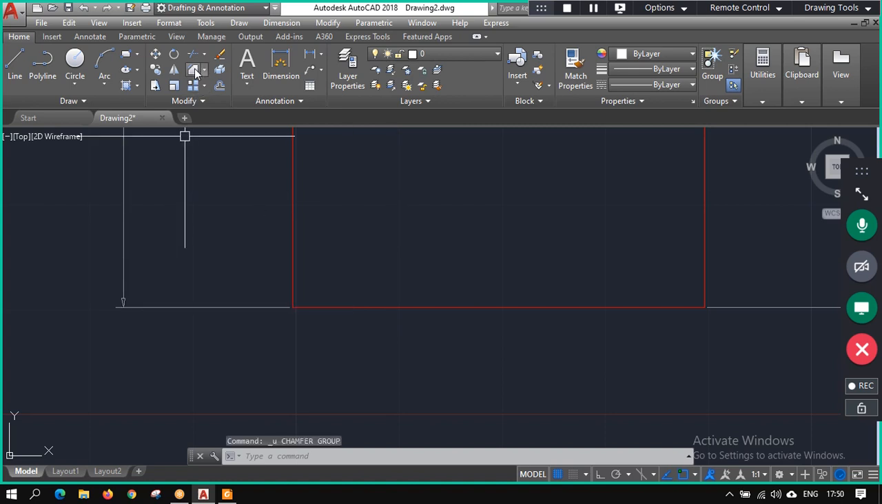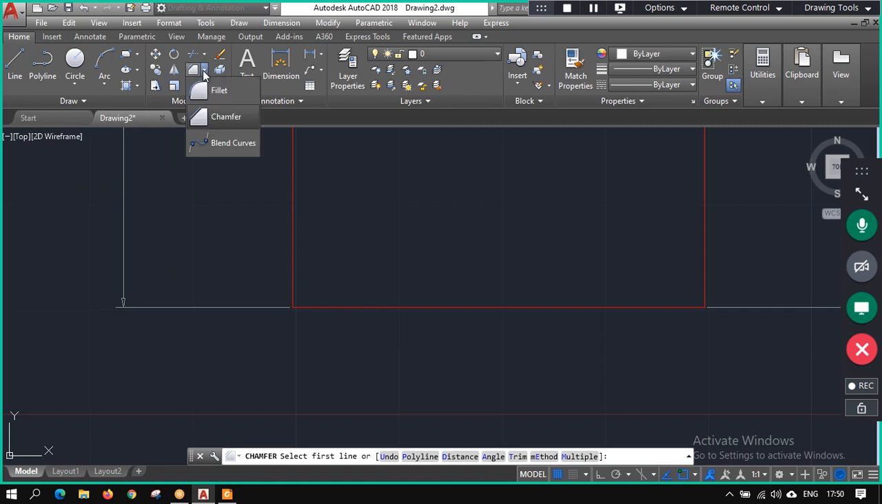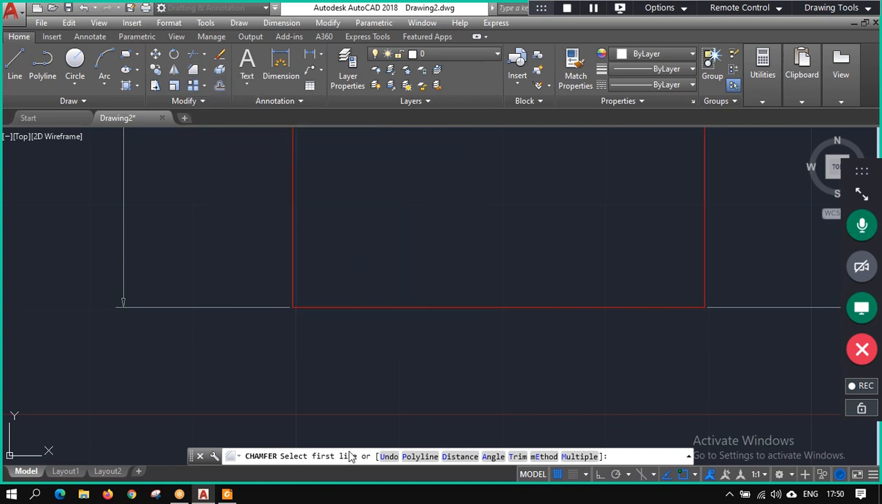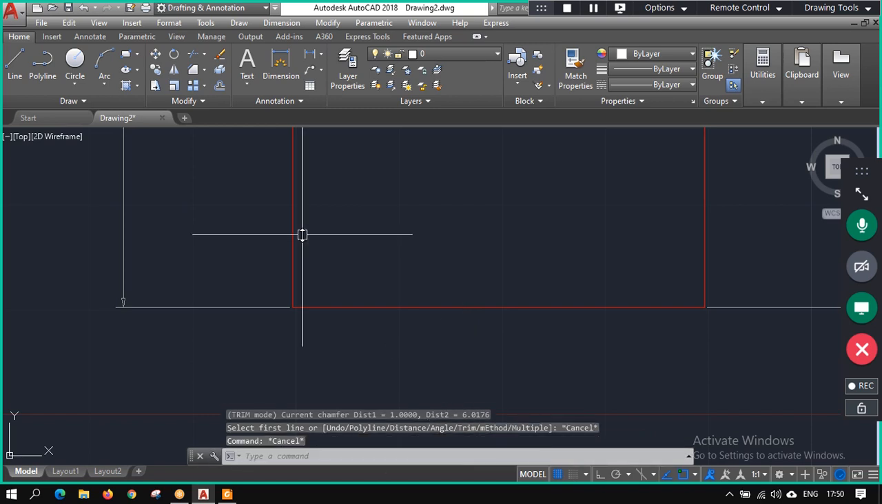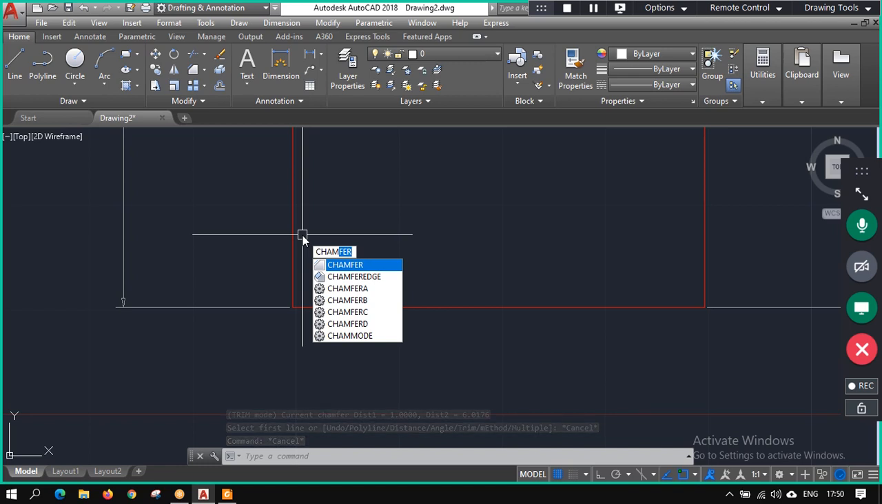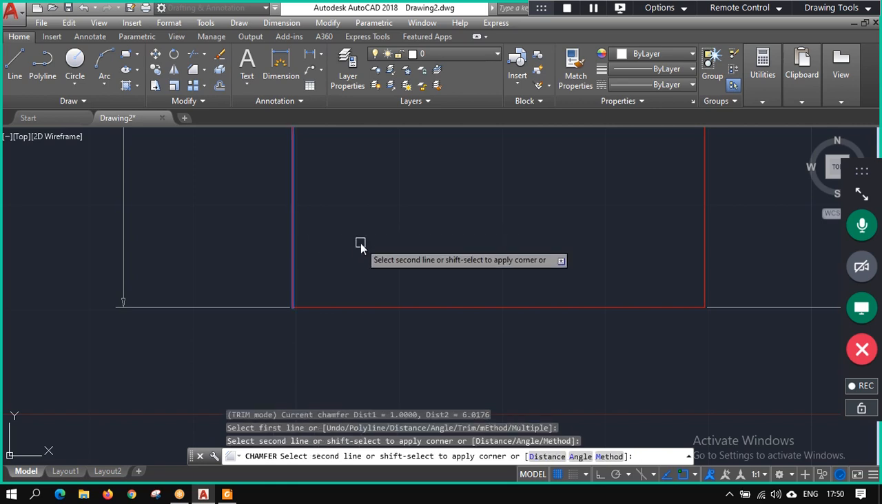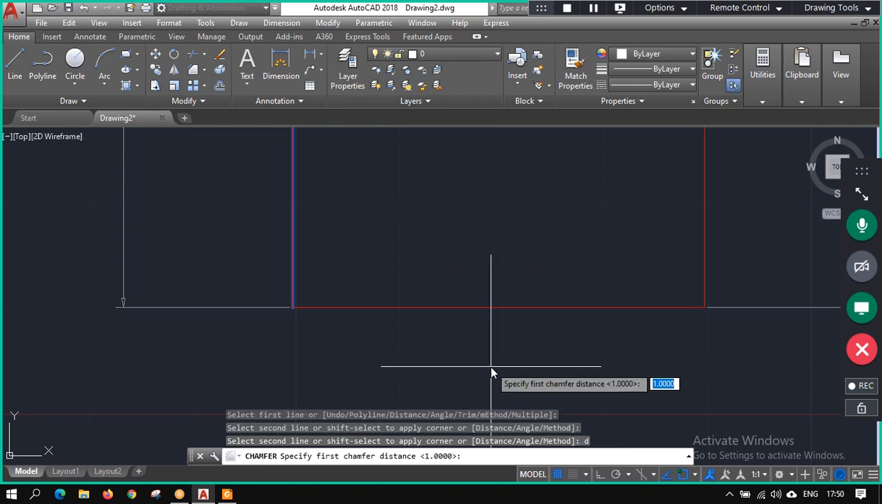For what you need to do, select chamfer. You just hover on this one. This is CH and PR, so you don't need to write the total command. You could write chamfer, and it will give you the chamfer command and chamfer related commands. So chamfer, press enter, then select one line, press enter, then press D, press enter, then